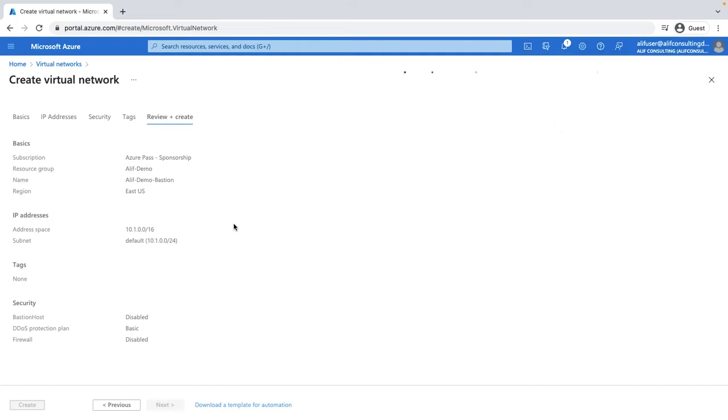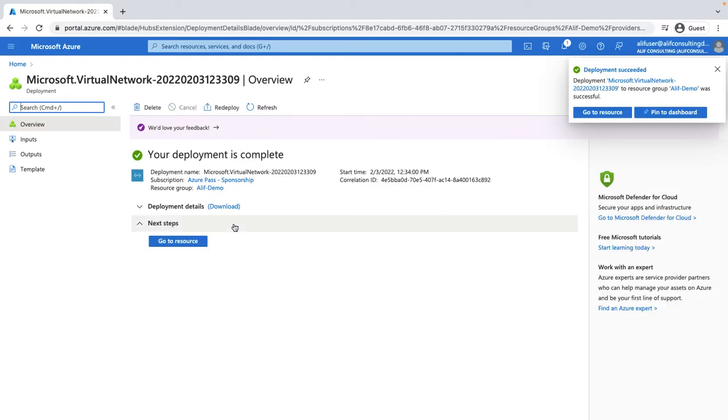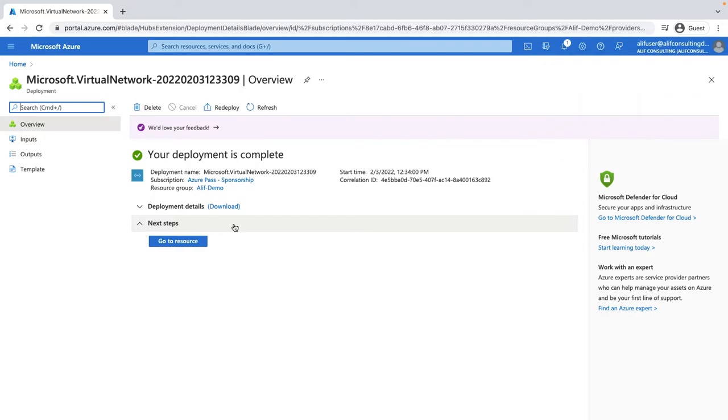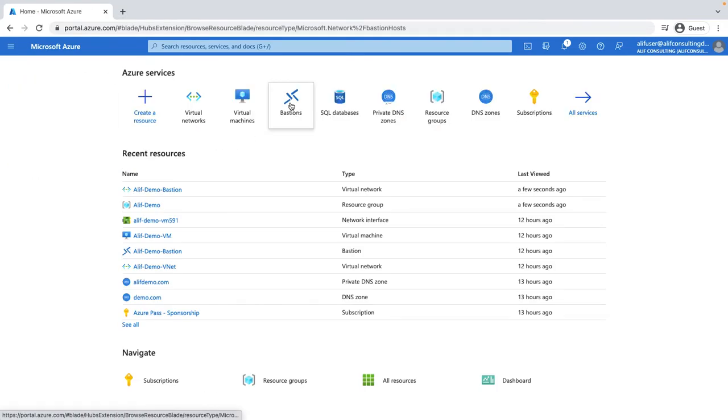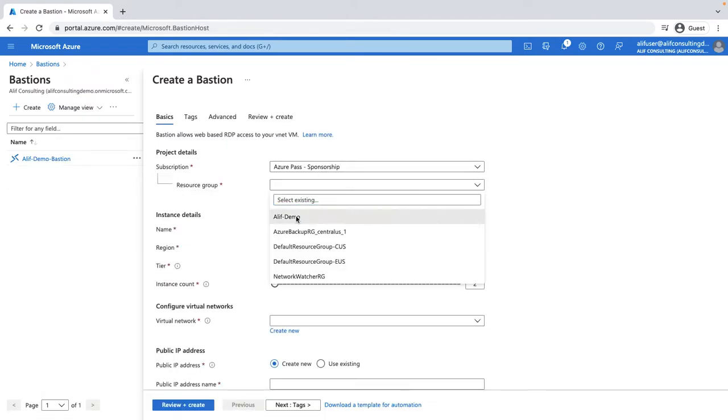Once your VNet is deployed, you need to create one subnet for Bastion with a specific name. There is a specific name which you need to use to define the Bastion server. If you're not using that specific name, the naming which is given by Microsoft and reserved only for the Bastion, you will not be able to deploy the Bastion server. Let me show you. If I go here and try to deploy a Bastion in East US,